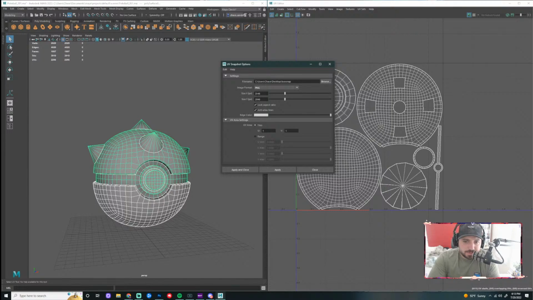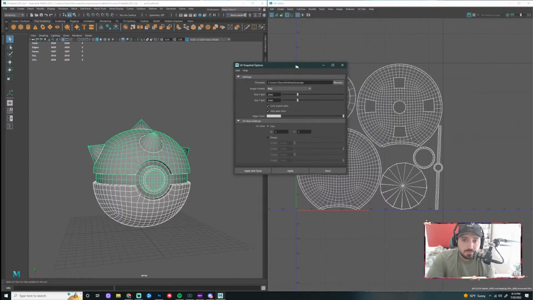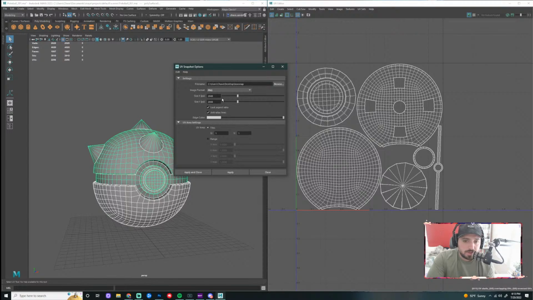And then you can change the size of this texture. What you're doing right now is pretty much setting what your texture size is going to be for this object. Because if I say that this is going to be a 2048 by 2048 texture, and I try to apply a 512 map to this object, it's going to show up really small. It's not going to work. And vice versa. If I try to do a 512 snapshot and paint it on a 2048 canvas in Photoshop, it's going to be really small and not work right. Okay. So I'm just going to do a 2K texture.